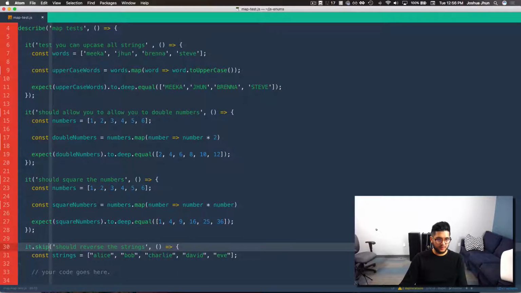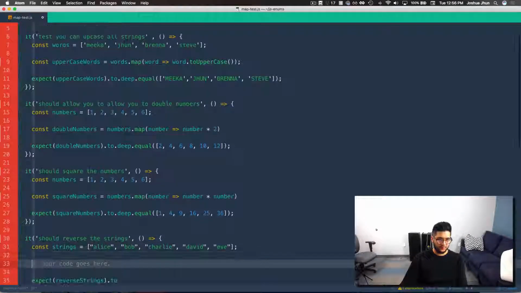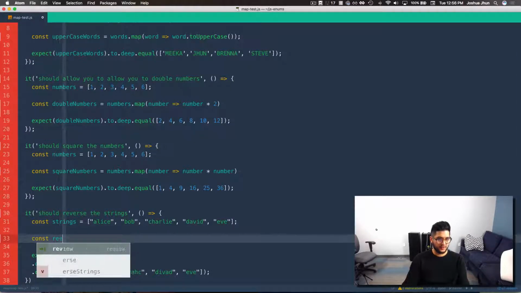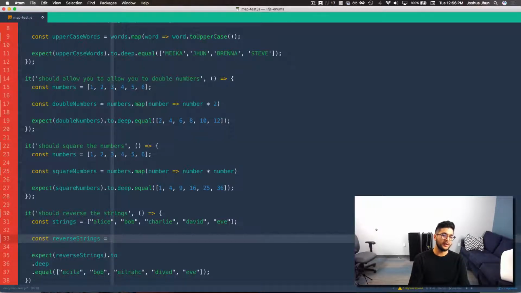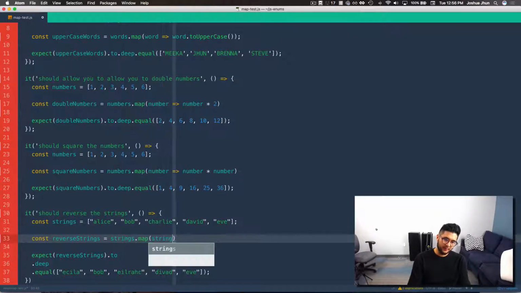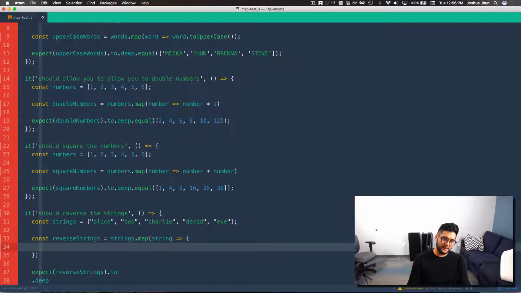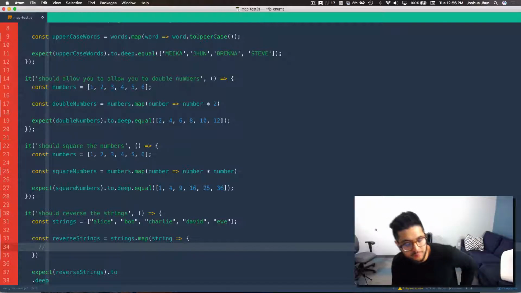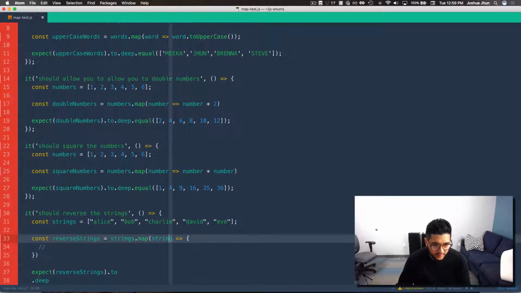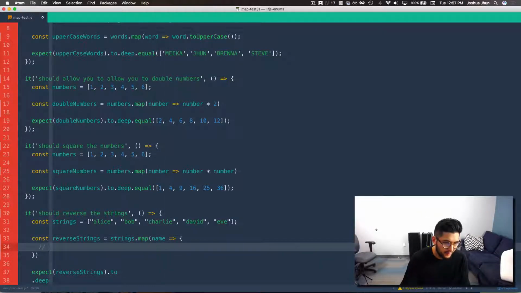Alright, cool. So we're looking to reverse our strings now. If I look at this, it's looking for reverseStrings. So I'm going to say const reverseStrings is equal to our strings array. I'm going to map through that strings array and take every string and do some stuff to it. Ideally, I would love to call reverse, but reverse only works on arrays. There's nothing on the string prototype to reverse strings. So I'm going to have to do some fancy stuff here. It would be really great if I took the string, or really the name of the person that we have, take the name,